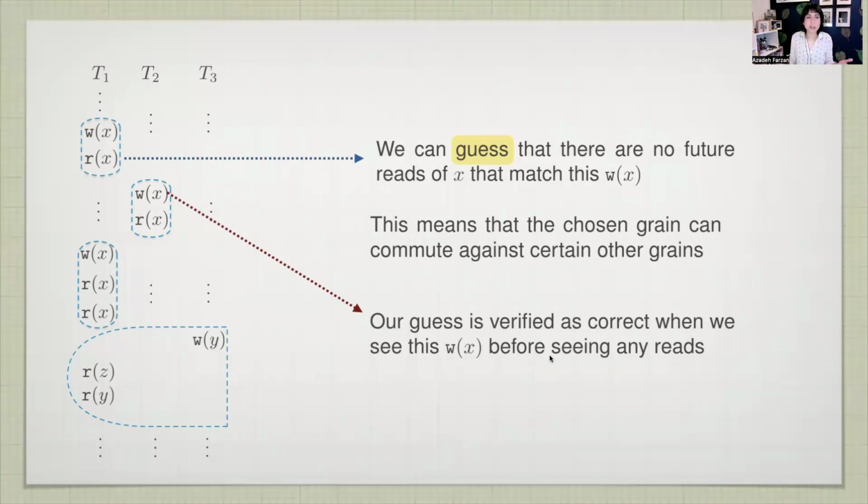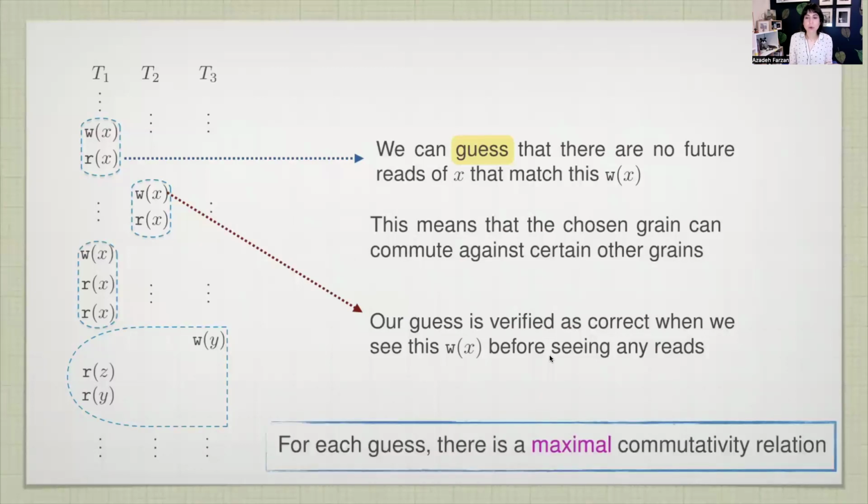If on the other hand, I see a read where I don't expect it, I kill that particular non-deterministic choice and don't let it yield any results for me. So this works implicitly based on the idea that we always want maximum commutativity anyway, and choosing that this commutes is opting for maximum commutativity if we make the right choice, and choosing that it doesn't commute covers the case where the other choice is wrong. So I'm going to have a choice of this not commuting as well. And I don't really need to consider any other combinations.